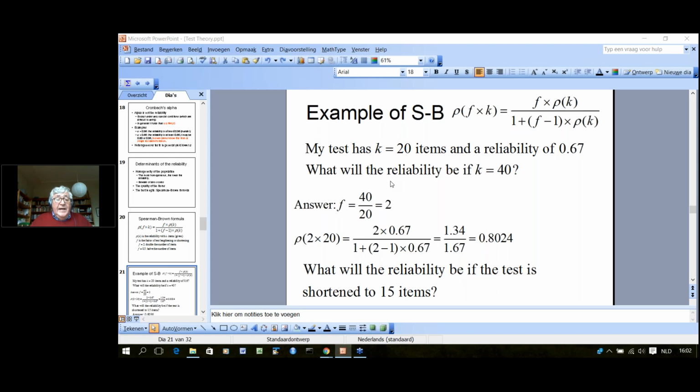Reliability is really at the heart of test theory, and for any test that you develop, you should try to find good answers on the question of the reliability of the test. And this is something that belongs in classical test theory. In many books on IRT, on modern test theory, the question of reliability is not even discussed, and this is a very big mistake. It should be, because